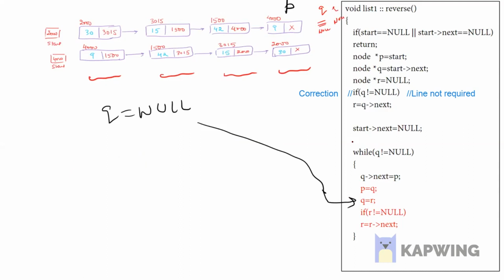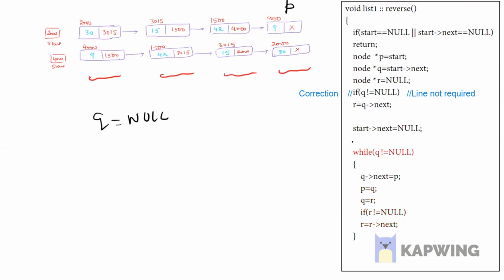Now when you go through the while loop again, the condition says Q is equal to null, so the system will come out of the while loop. This is the whole scenario you have done so far. The only thing left is to update your start pointer, which has not been updated yet through this program code. When you come out of the loop, P is pointing to 4000, Q is null, and R is also pointing to null. According to the reversal notation, start should become equal to P. So you write start is equal to P here.